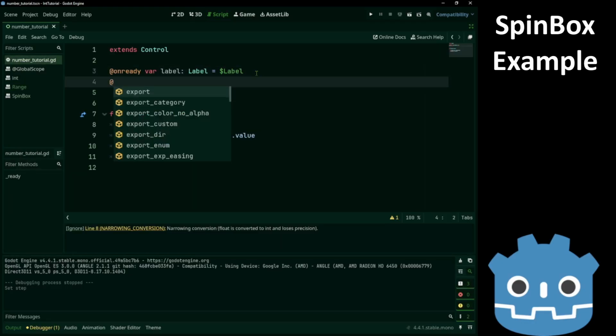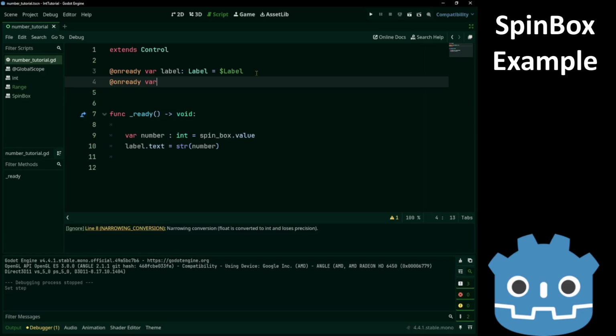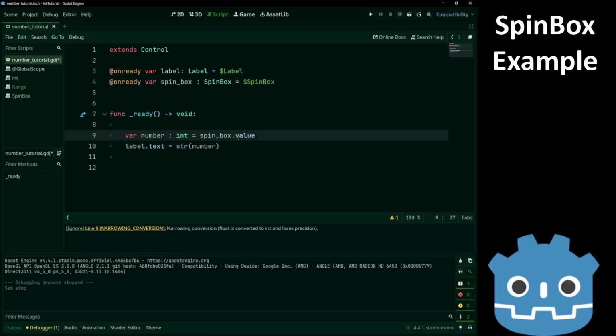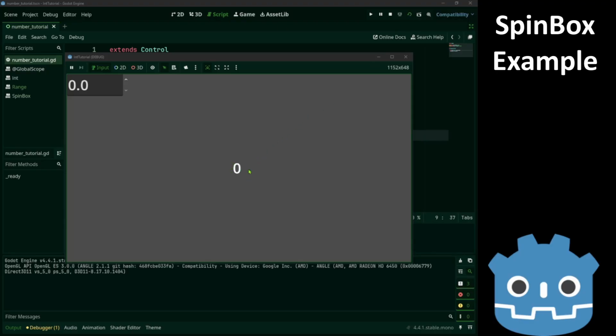Create a non-ready variable for the spin box. And set the number to spinbox.value. The label contains 0, but the spinbox says 0.0.